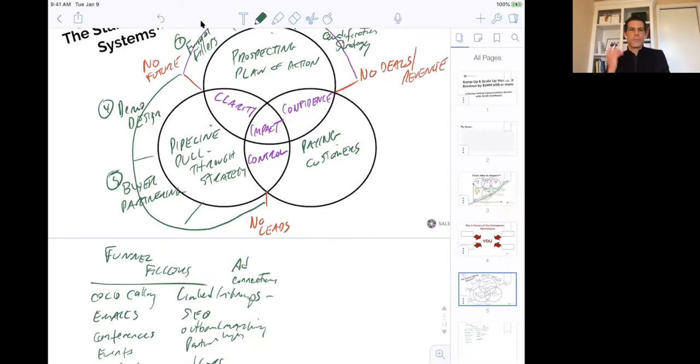Your prospect partnering, your buyer partnering. So once you get through that demo, there's all of these things that need to happen in order to go from interested to sold, right? You have the technical buyers that you need to talk to. You need to talk to procurement people. You need to talk to risk people. You need to talk to IT people. You might have to do a pilot. You might have to do a proof of concept. All of these things are going to require a level of partnership with a sponsor and really getting clear about